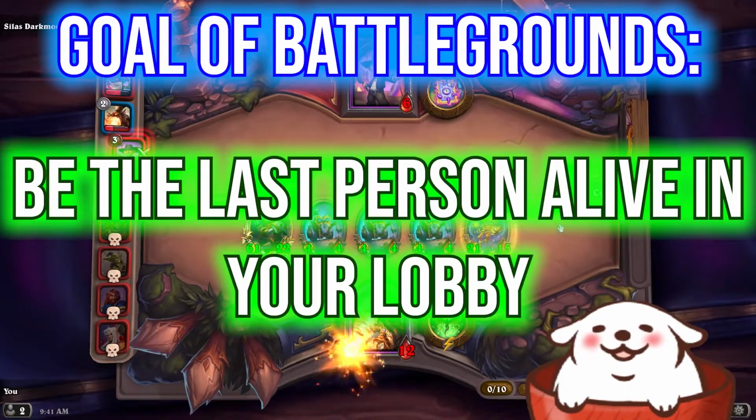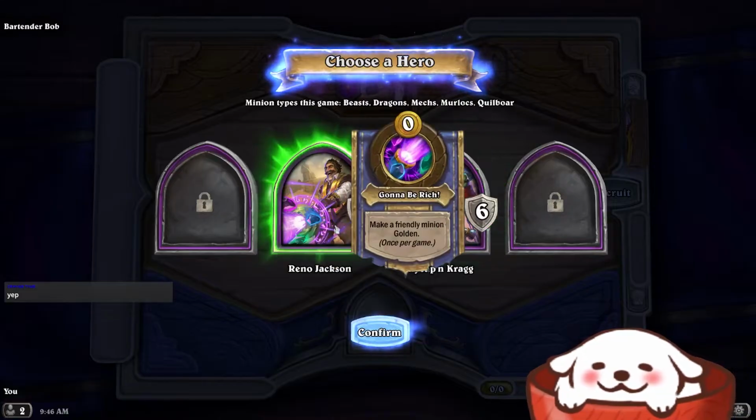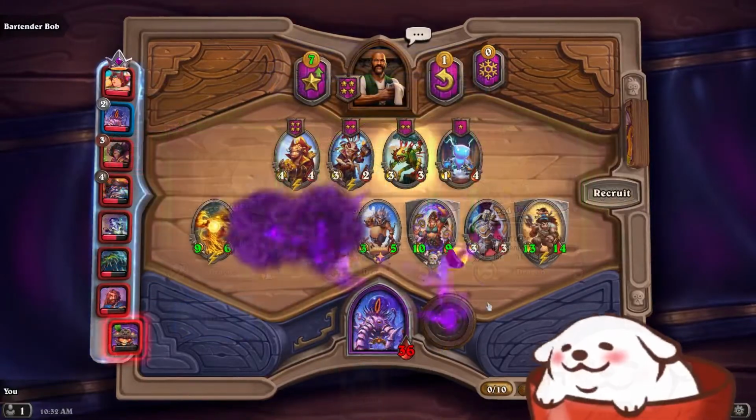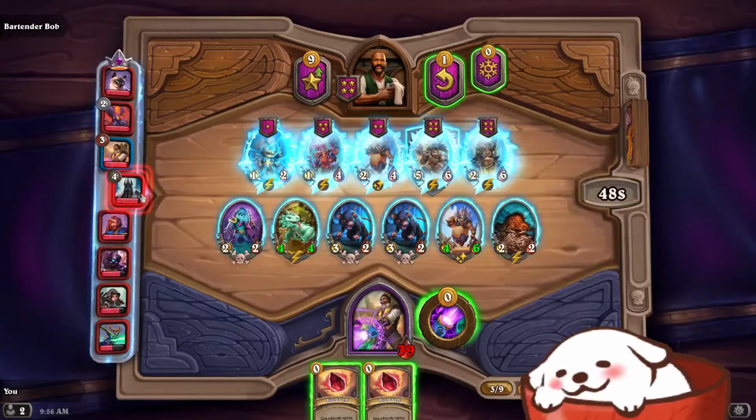The goal of Battlegrounds is to be the last player standing in your lobby. You do this by first picking a hero to play as. Each hero has their own hero power that has its own effect, so choose whatever one makes you feel happy again. Hover over your hero at the beginning of the game or on the left side of the screen to